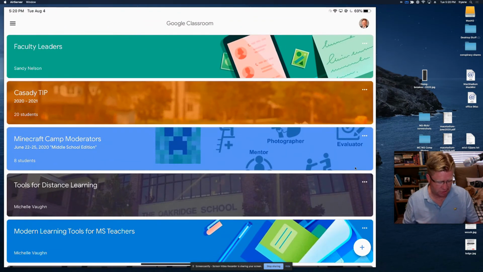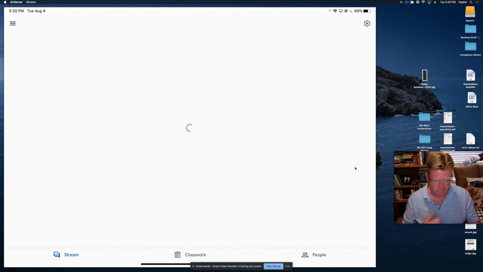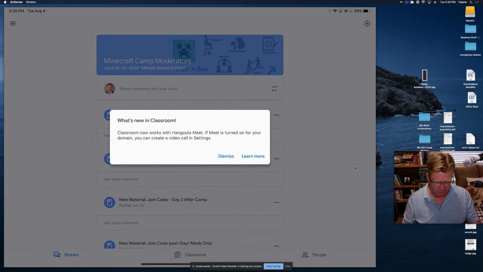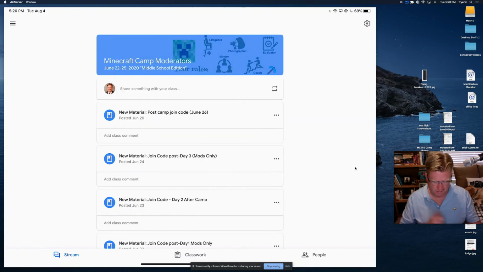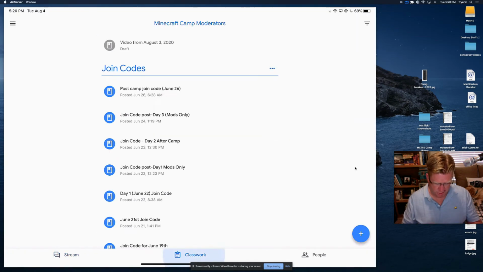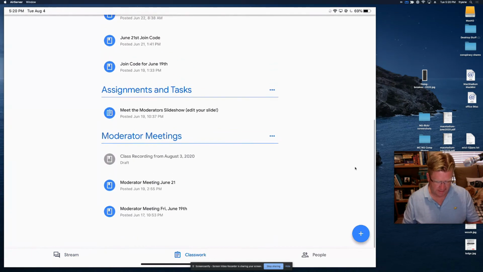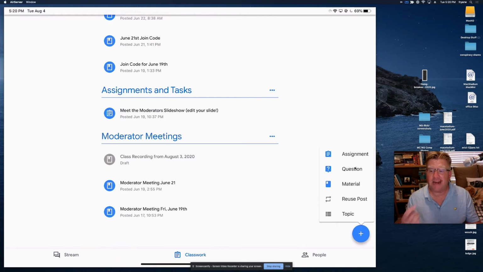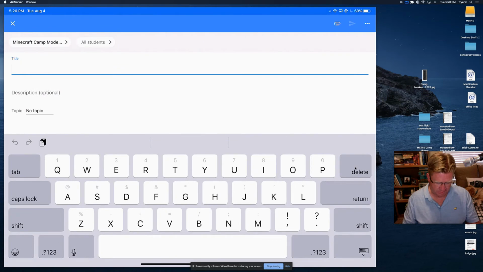We have a lot of teachers that are using Google Classroom. So let me show that as an example. I'll go into this Minecraft class that I used for my summer camp. So I'll go into classwork, and then we were having meetings as moderators here. I'm just going to go ahead and tap that. I'm going to add a new material because this is going to be a video. And I'm just going to call this